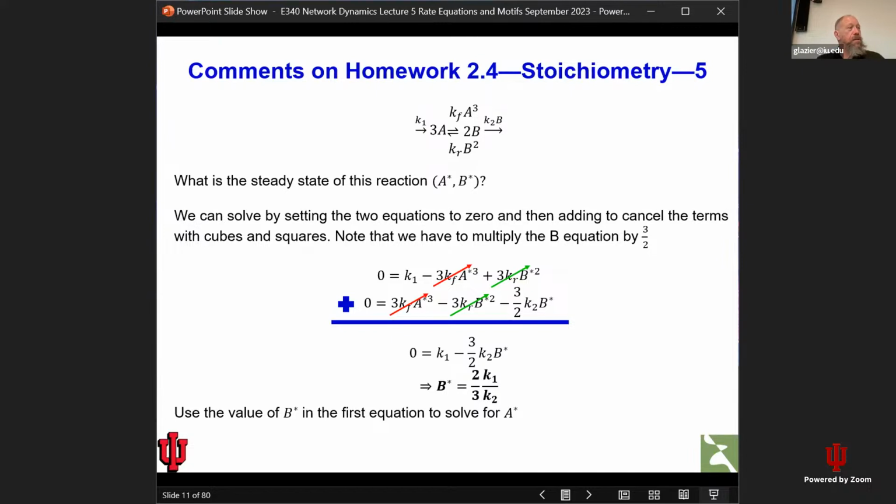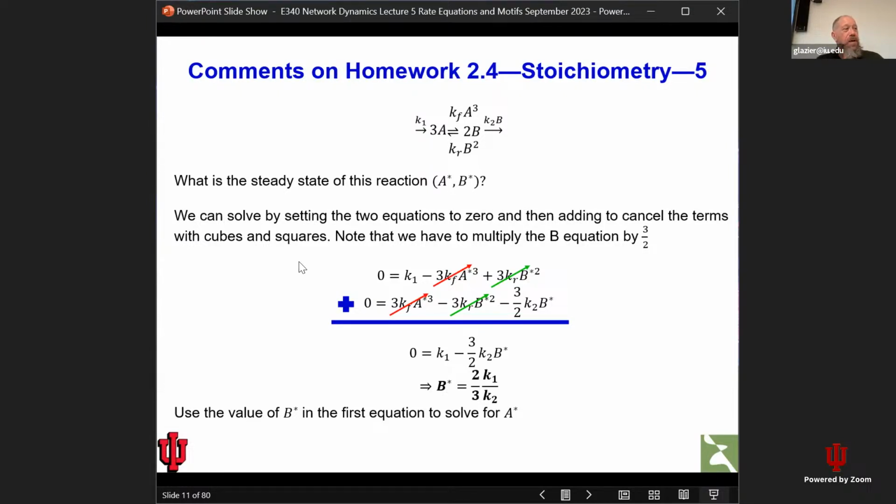So we add the two together and everything is going to cancel. Another way to look at this would be if we look at these equations and ask, is there a way we can combine them that cancels out everything except A? The answer is no, it's not easy to do that. So that tells us to look for B. And we get